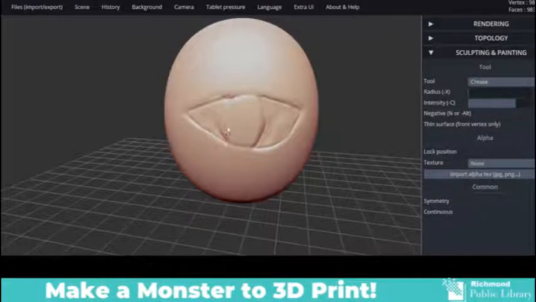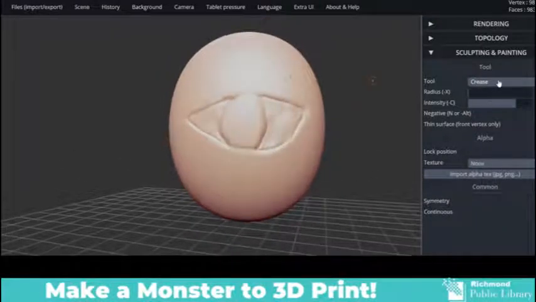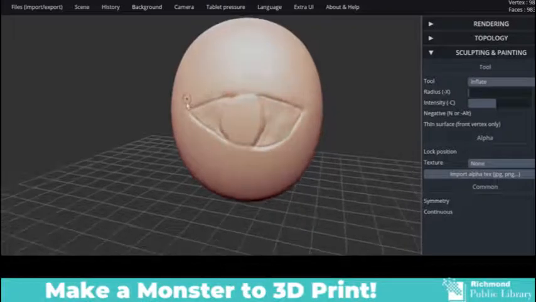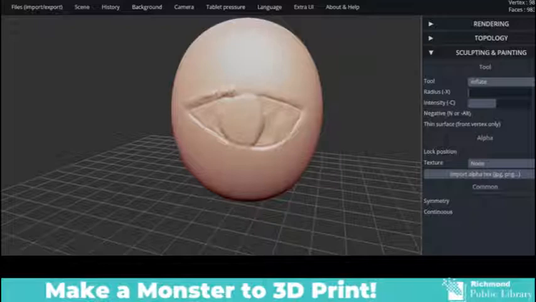Alright, so let's try the Inflate tool. The Inflate tool I'm going to use to try to create those ridges that kind of looked like, almost like horns. Bring up the intensity a little bit. And yeah, there we go. So you can see it almost looks like the brush tool, but it inflates it a little bit more than the brush tool. So I'm just going to go over it back and forth, really trying hard not to make this look like eyelashes,